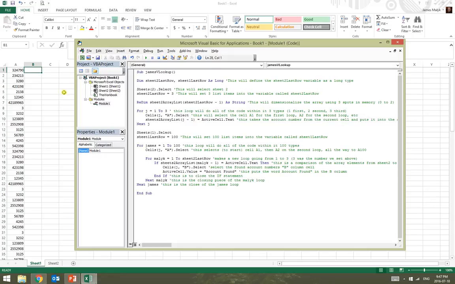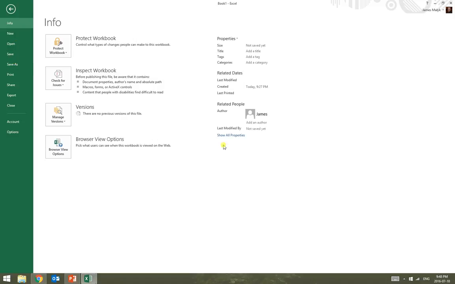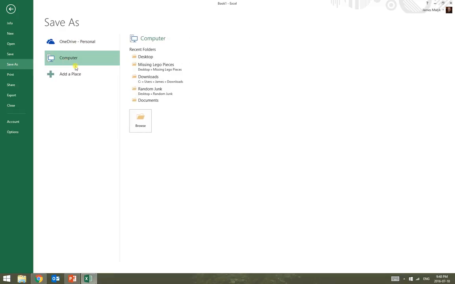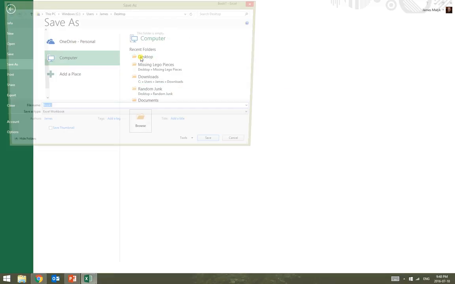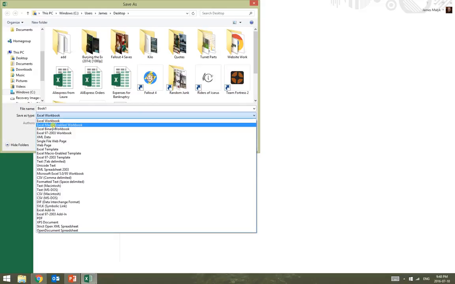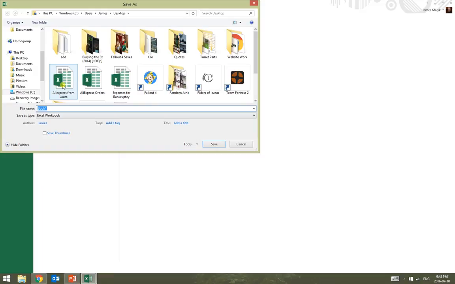Before we run it, you should save it. So go back here, go to File. This is Excel 2013, but your Excel 2010, or whichever version, may look a little different, but always Save As. Put it wherever you want to put it. I'm just going to dump this on my desktop. You have to change this to Excel Macro-Enabled Workbook. If you don't, the system will prompt you. We'll call it